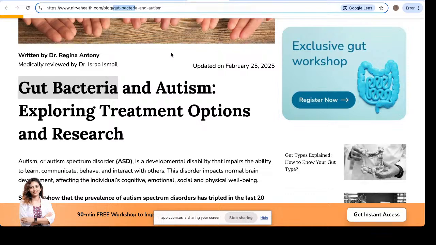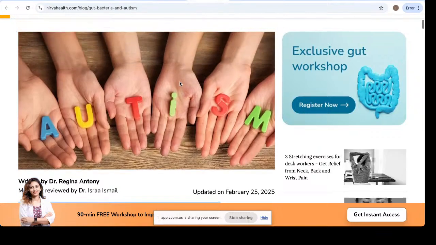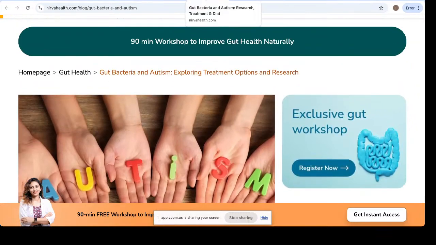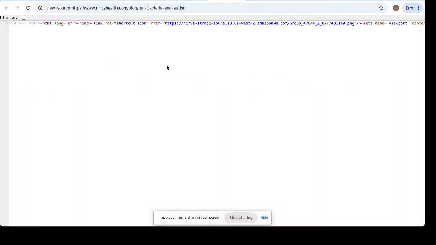Okay, so for you it starts from here, and the title, meta description over here is... I'll just show you. This is the Google. Okay, one second. See here you have gut bacteria and autism research. Okay, this is for Google. That means what it says is like if I put